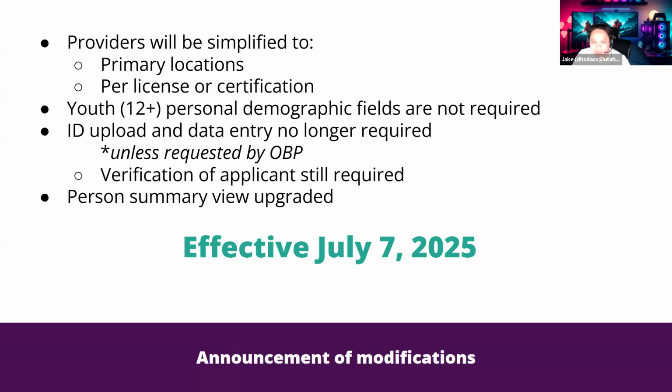The other update in DAX will be the person summary view. Currently, we ask you to go in and look in their person summary to go over their current status, like if they're eligible for employment, or currently has supervision required. That will be simplified with the new update, and we'll talk about that one in a couple slides later during this training, and we'll show you what the update is. Next slide, please.